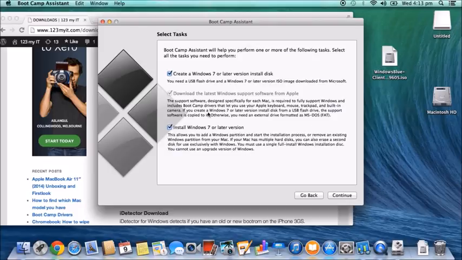Go Continue. Okay, and it will say here under the Boot Camp Assistant menu, Boot Camp Assistant will help you perform one or more of the following tasks. Select all the tasks that you need to perform. Okay, so if you already have a Windows 7 or a Windows 8 install disk on a USB,